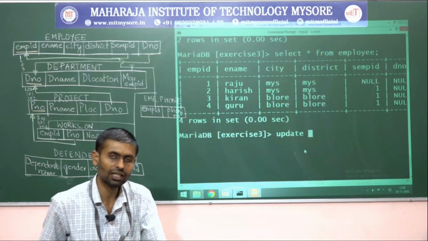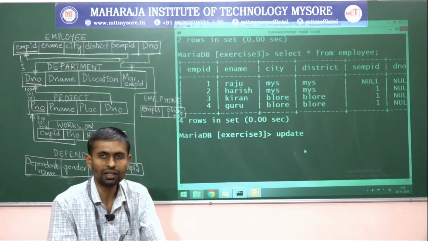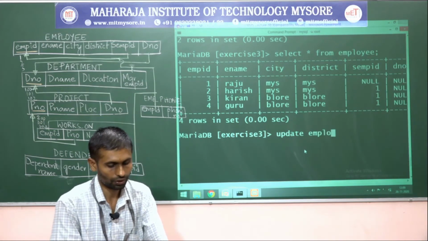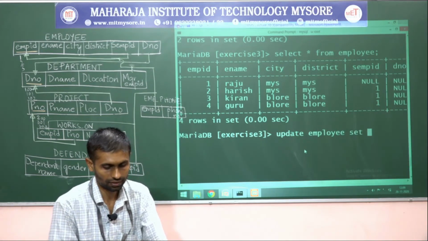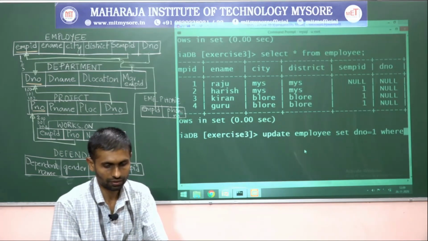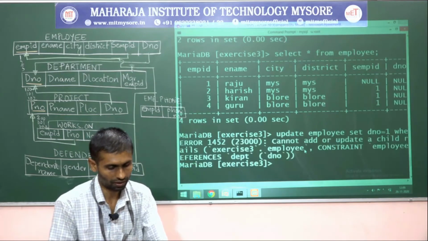The update command. This is basically updating a row, updating a table, right? That is it. Update employee set D number is equal to 1, where EMPID is equal to 1. Yes, done.